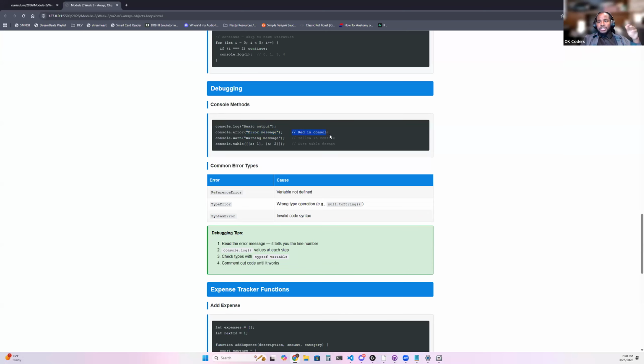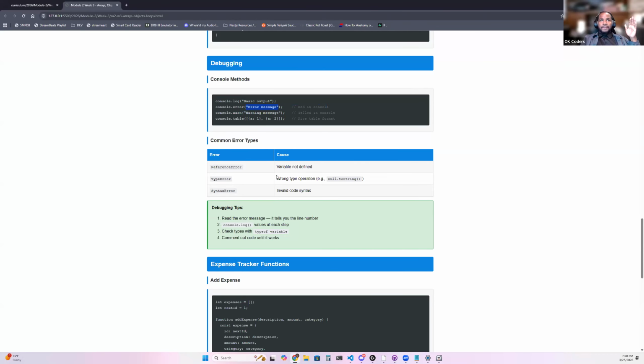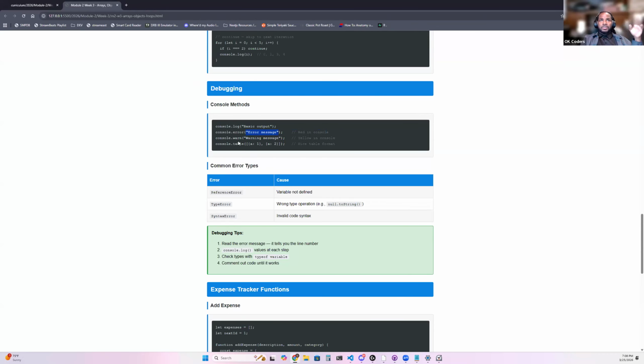JavaScript is going to treat it like an error, and if it's in the middle of a function, it'll usually break out of that function. If you were to do this in a loop, it would stop the loop as well, and then